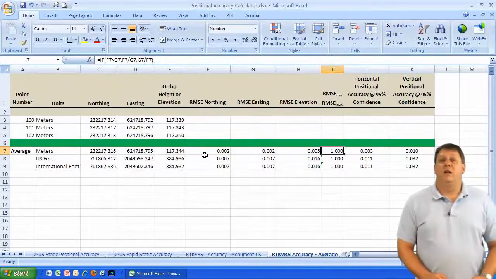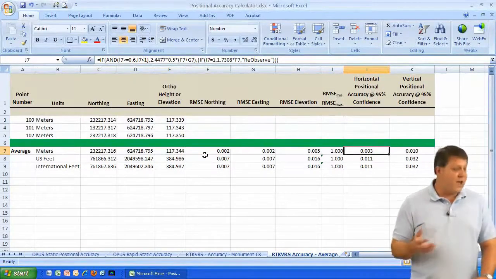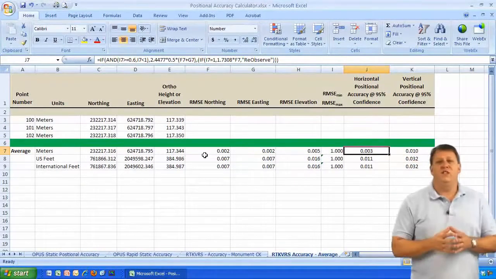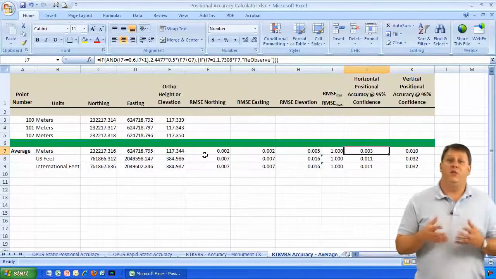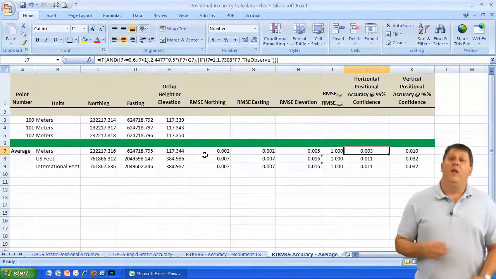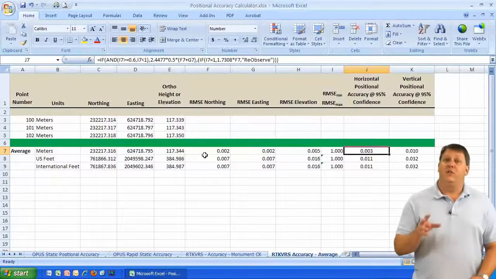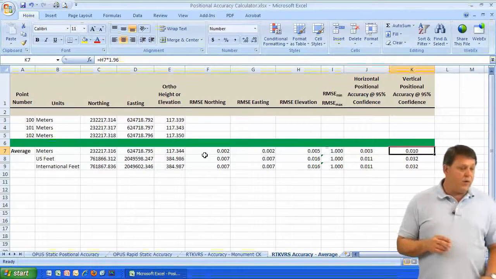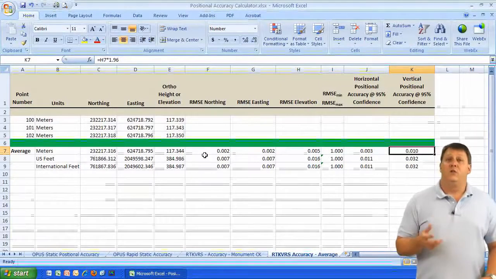Since our root mean square error is equal, when we go over to compute our horizontal positional accuracy, we've got our if statement. The first part of the if statement looks to see if that min-max column falls between 0.6 and 1. If so, it uses the 2.4477 formula. If it's equal to 1, then it uses the 1.7308 formula. And if none of that is true, then it's going to give us the statement here to reobserve that point. Finally, as we go over to our vertical positional accuracy, it takes our elevation root mean square error and multiplies